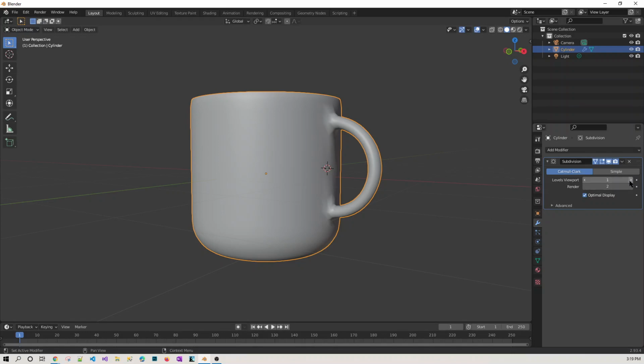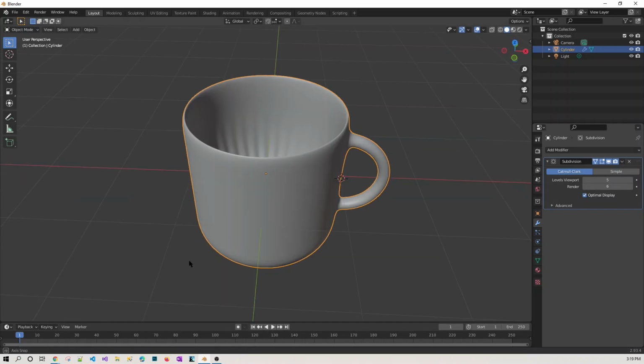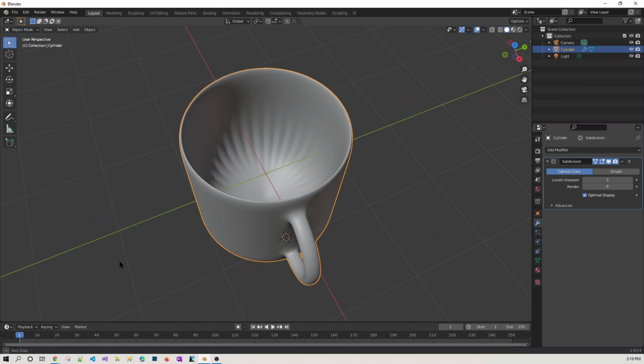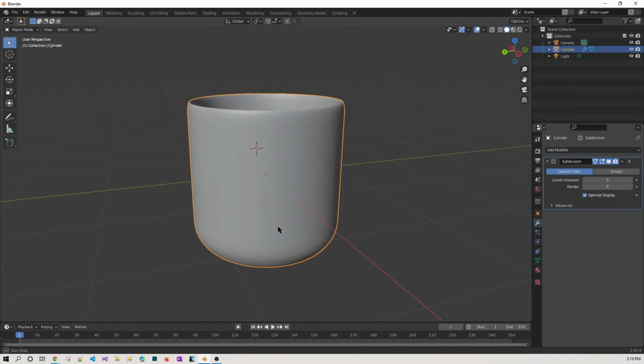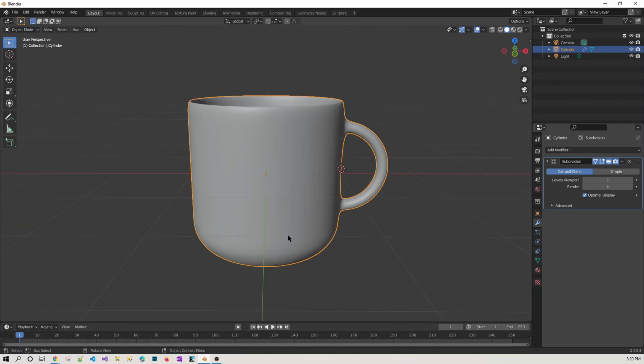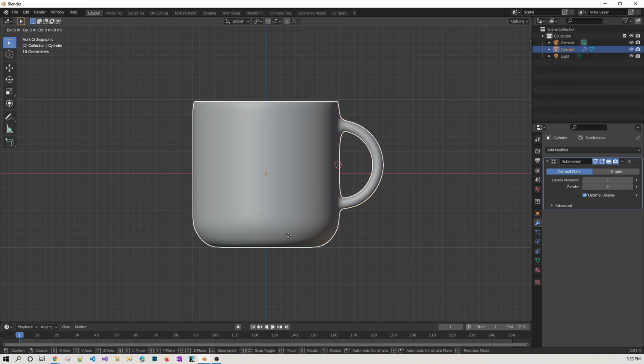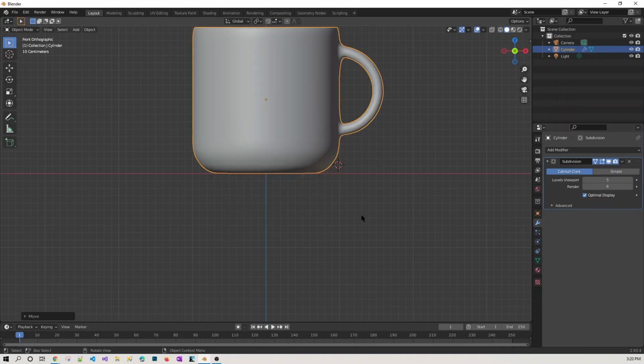and the levels viewport you can click here, but make sure you also select this option too. This way, you see, we have our cup available here. So this is the way you can create. I mean, this is not the only way. You can have multiple ways to do that, right?